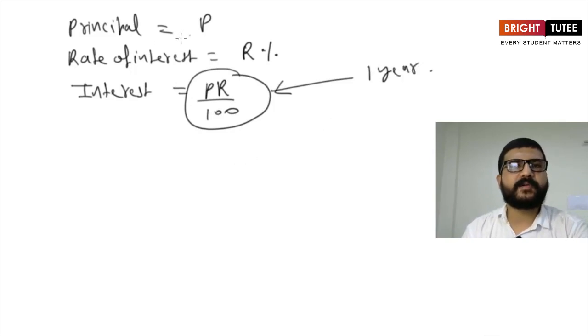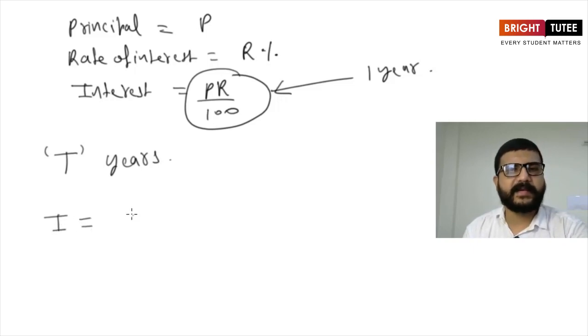That is, if the amount or the principal is borrowed for 1 year, the interest to be paid was PR upon 100. Now, can we get it for T years also? Suppose we are borrowing the money for T years. We are borrowing the same amount, that is P, at the same rate of interest, that is R%. Now what will be the interest? So this time interest, or we call it simple interest, will be equal to